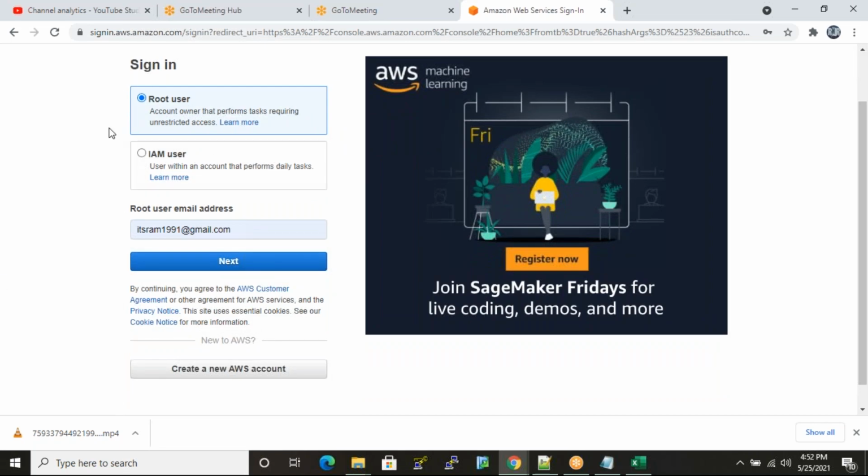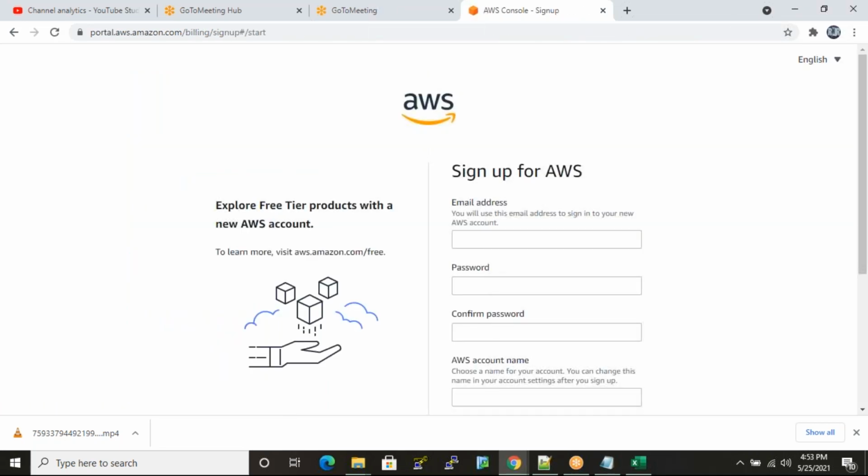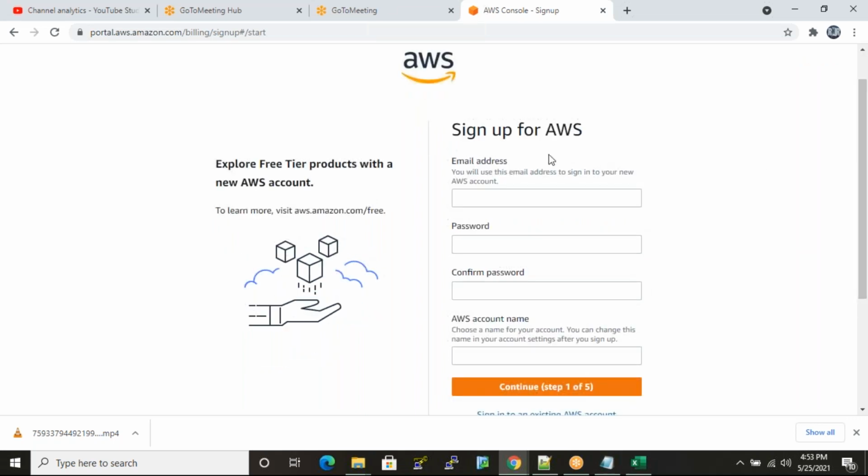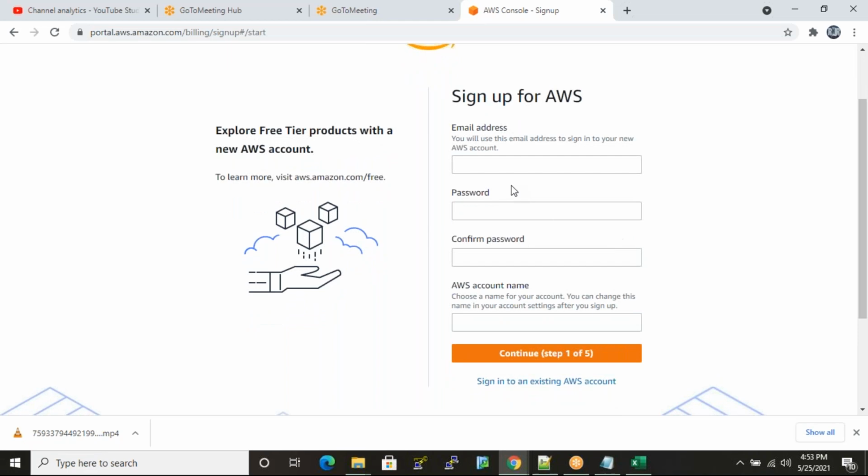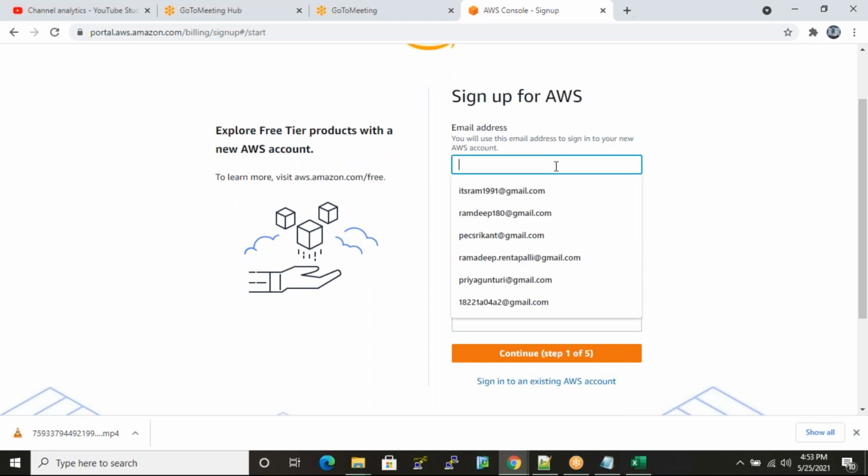If you already have an AWS Educator account, you just click on login. Otherwise, you can create a new account by clicking on this button. So now click on create a new AWS account. In this tab, they'll ask some fields like email address, password, confirm password, and your AWS account name.